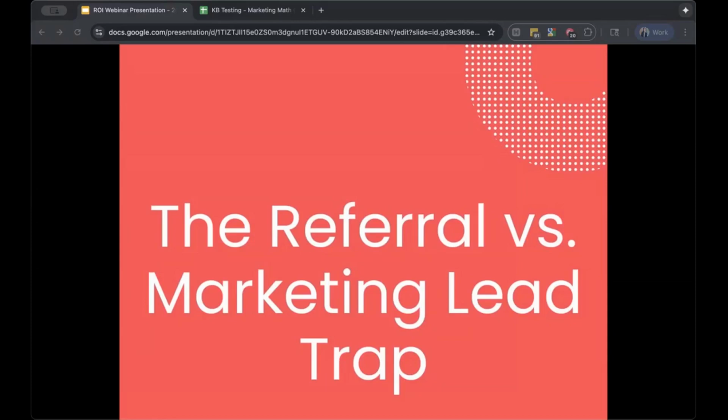But referrals are pre-qualified. Everyone knows word of mouth is the best marketing there is, right? So they come in super warm and that trust is already built. Marketing leads can be coming in very cold and they need nurturing. So a 2 to 5% close rate on marketing leads might actually be really great. But if no one's adjusting those expectations, then marketing leads are just automatically getting labeled as poor quality. So this is why we need shared definitions and shared data. And once everyone agrees on what's realistic, you can build that strategy around it.